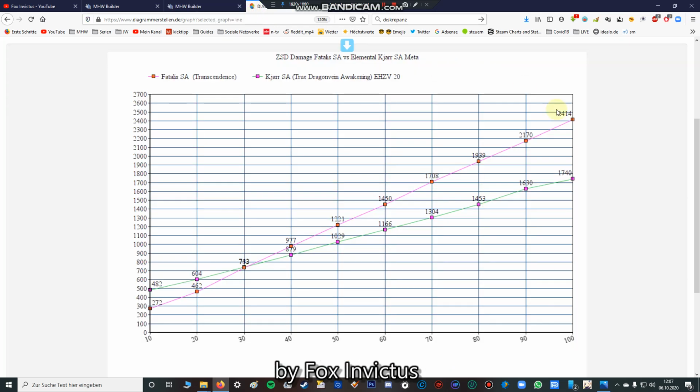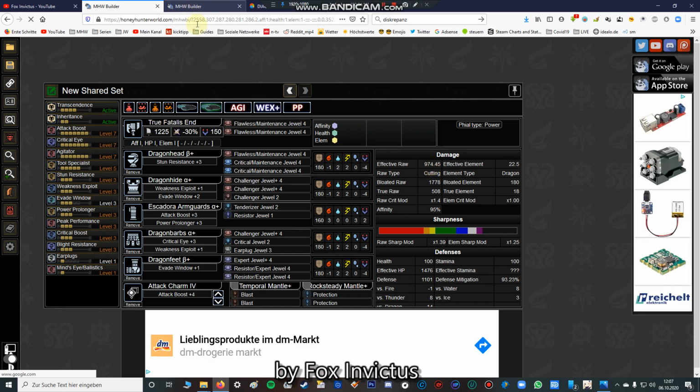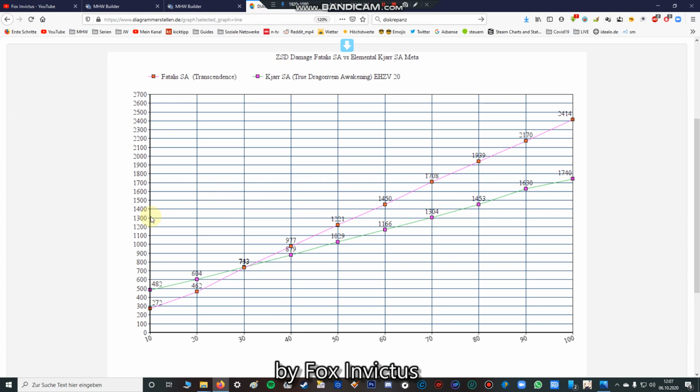So I go to the third window and I'm going to make a comparison between the Fatalis Switch Axe and the actual best elemental Switch Axe builds. Sorry, I forgot one thing. We have 974 effective raw, and on the Fatalis Switch Axe we have a power phial, and on the Kjarr Thunder a power element phial. Also I have to say that the only way elemental Switch Axe is maybe usable is with the Velkhana gamma armor, because it has a good ice attack skill, but I think it still doesn't deal enough